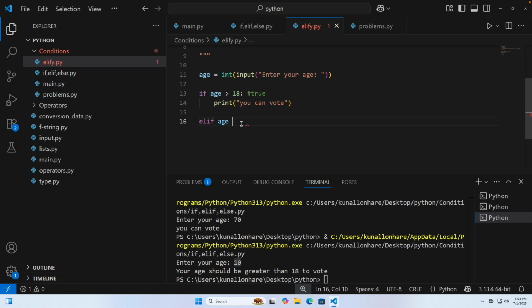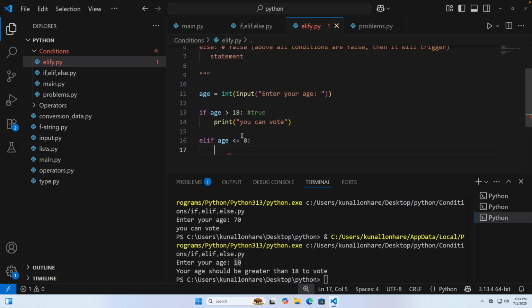Of course he will be a ghost or something, but let's take it as an example. If someone puts less than 0 or 0, anyway any person's age cannot be 0. Whenever he is born we say that he is 1 year old, okay. So from 0 it can never start. So I can write here else if age is less than or equal to 0,